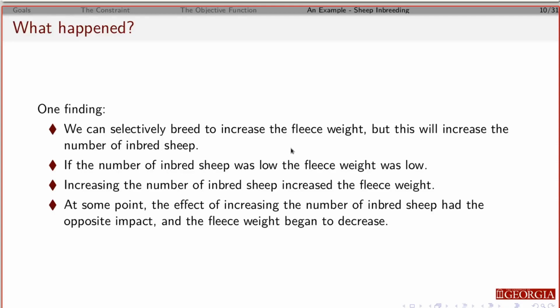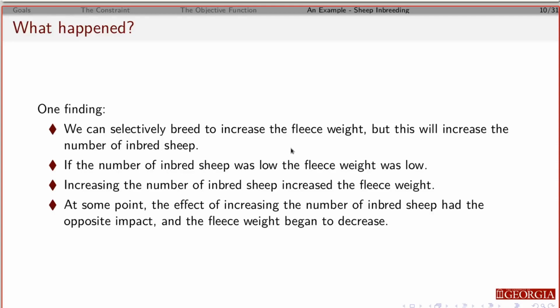What happened? So the author found that if you selectively breed and try to increase the fleece weight, what ends up happening is you increase the number of inbred sheep that you have, and it increases the amount of inbreeding. And so if the amount of inbreeding was too low, you didn't get as much fleece from the sheep that you sheared. But if you went too far, if you increased too much interbreeding, and too many of your sheep are inbred,